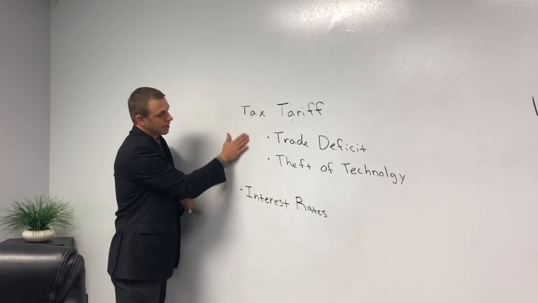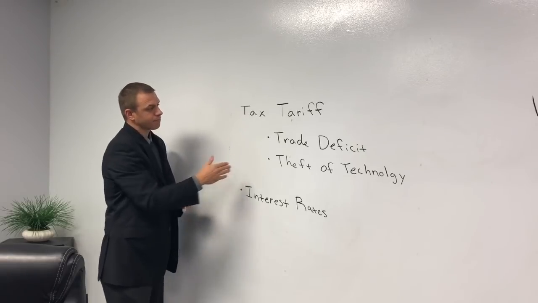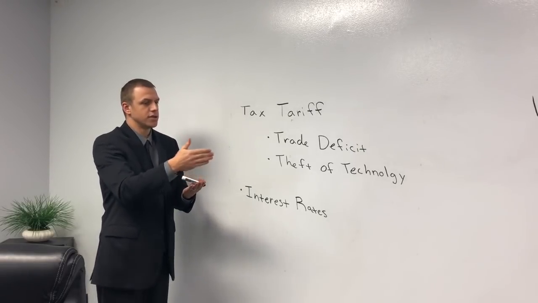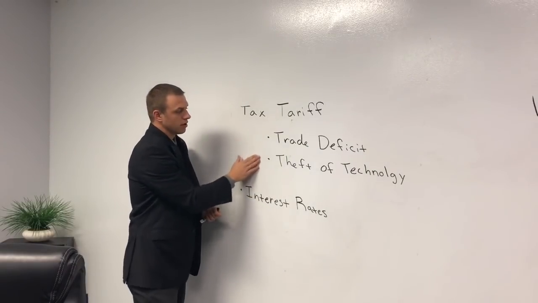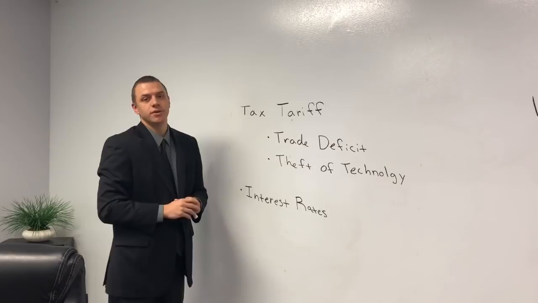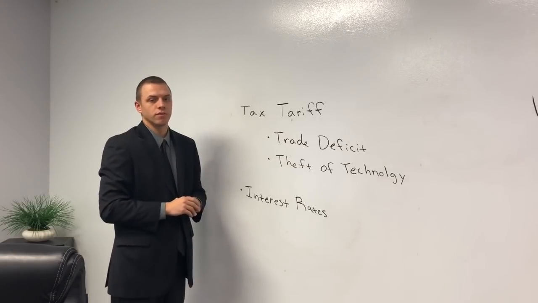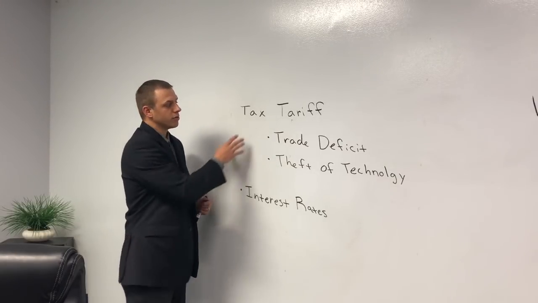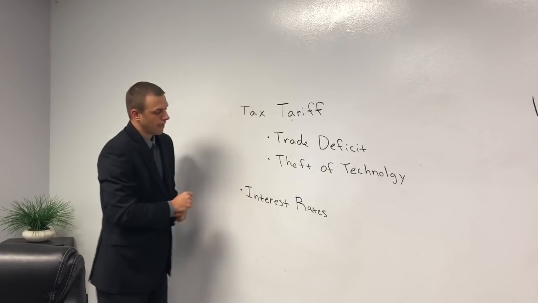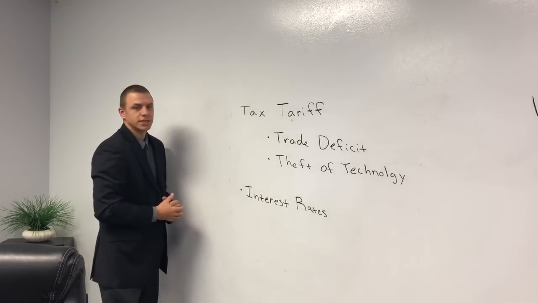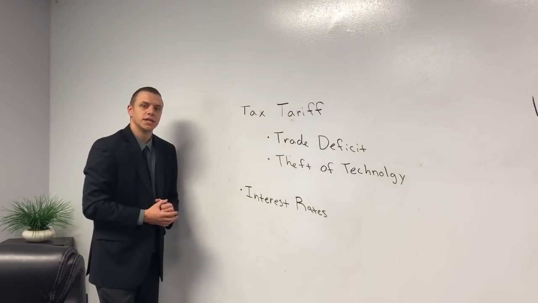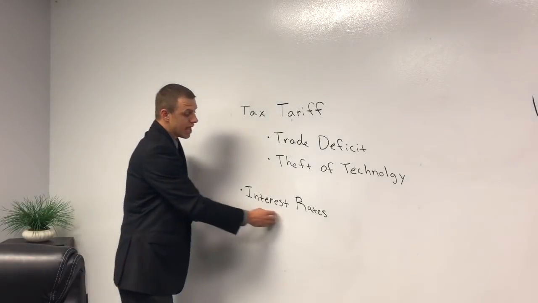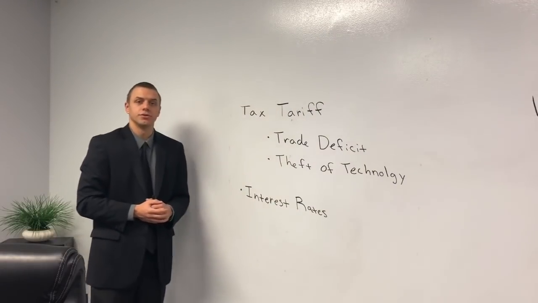With regards to tax tariffs that we have, as we see these continue to linger out, the volatility is increased because the longer they're there, it's something that the company has to now account for that they weren't accounting for in the first quarter or the second quarter. So they're building that into their profit margins. The second line that we're going to talk about is interest rates. This is the more recent round of volatility that we've seen. So for the past 8 years, we've seen historically low interest rates.